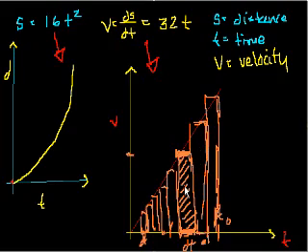And as you made the dt's smaller and smaller, skinnier and skinnier, and you had more and more of these rectangles, then your approximation will get pretty close to two things. It'll get pretty close to the area under this curve, or in this case a line, but it would also get you pretty much the exact amount of distance you've traveled after